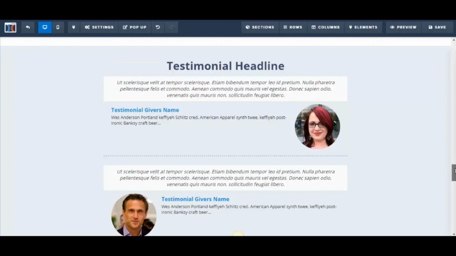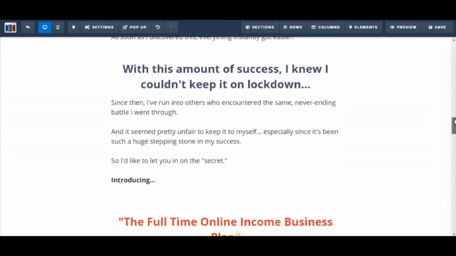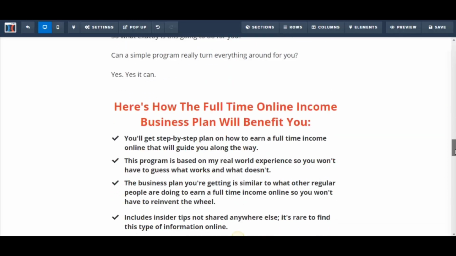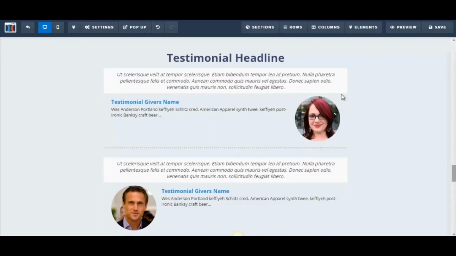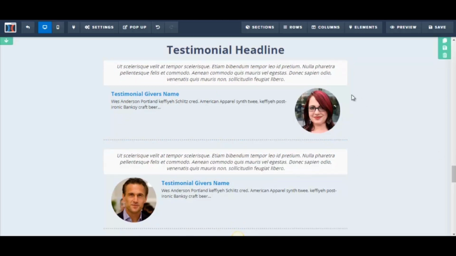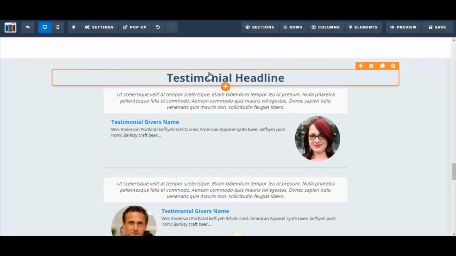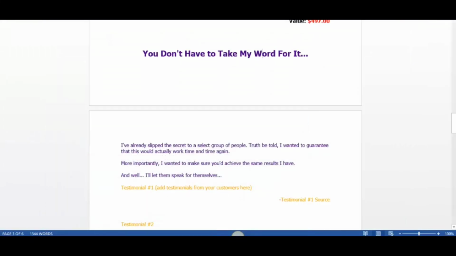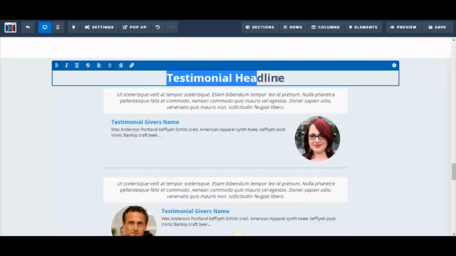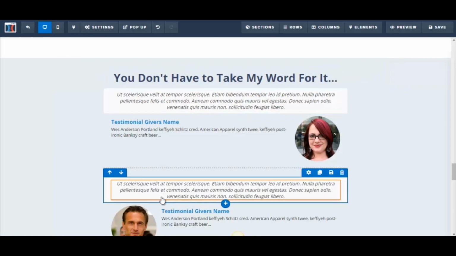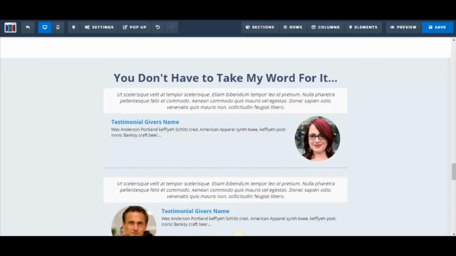Alright, so I've just finished transferring over some of the headlines and paragraphs from my Word document, and now I'm at the section where I'm going to be putting testimonials. So with this sales page template, they already have a section for you to put your testimonials and the picture of the person giving the testimonial. Alright, so let's start with the testimonial headline. Just go to my Word document, and the headline is, "You don't have to take my word for it." So I just paste that onto here, click Save,